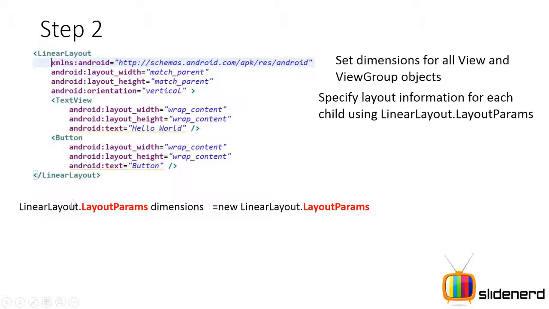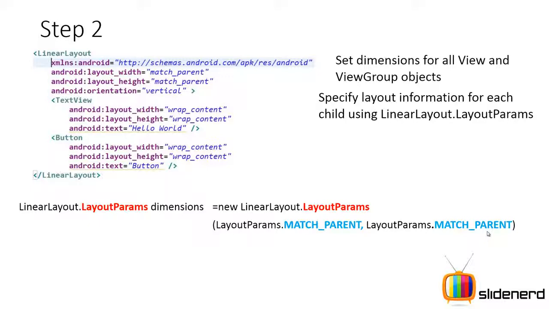So here I'm going to say LinearLayout.LayoutParams dimensions is new LinearLayout.LayoutParams, two parameters, width and height. Now width, as you can see, is match parent for the LinearLayout, and match parent for the height, right? This match parent is actually stored in Java as a static integer inside your LayoutParams class. So you can say LayoutParams.MATCH_PARENT, LayoutParams.MATCH_PARENT. This will be the width and this will be the height. Simple. At this point, we have defined an object that contains the dimensions, but remember, we have still not said